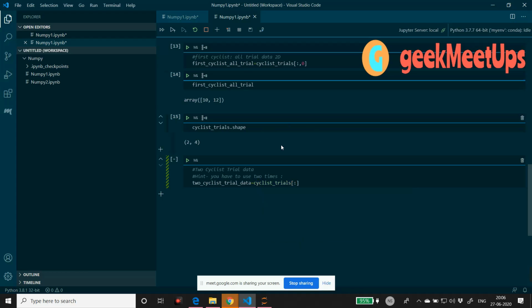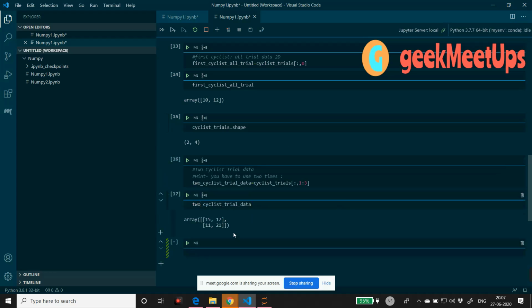Then you have to use this comma 1: (not 1:3, just 1:). Now access this two cyclist trial data: 15, 17, 11, 12. Just slicing, nothing much more.